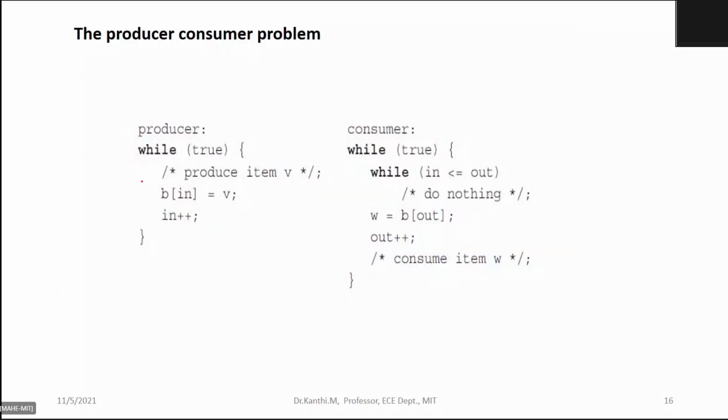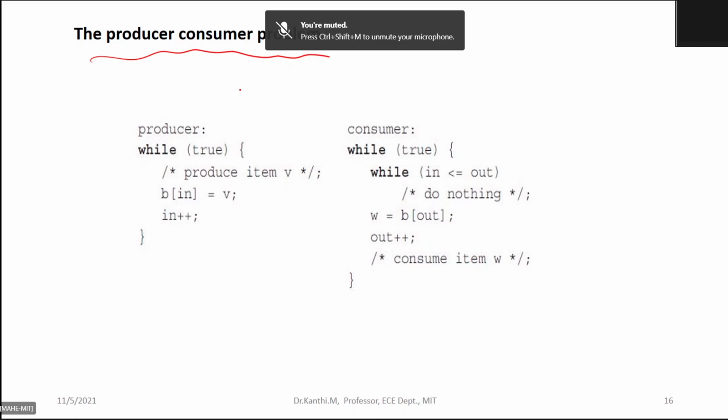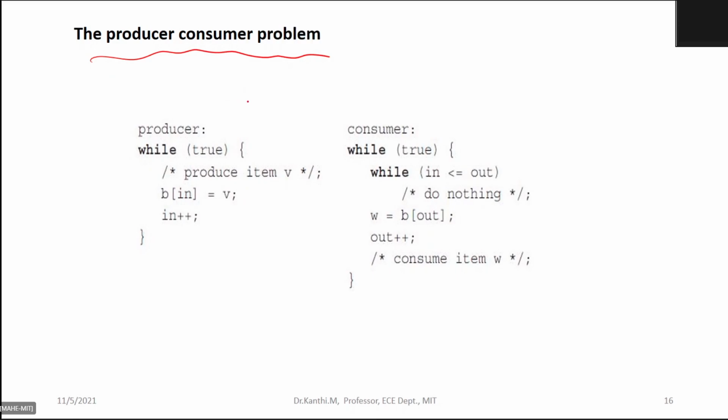I just know the theory, and maybe the other things I'll explain in the next class. There is something like a producer consumer problem. This is again to understand how the various processes can handle the resources. There is something like you have a master and the slave. In a similar way, this is to handle the communication.